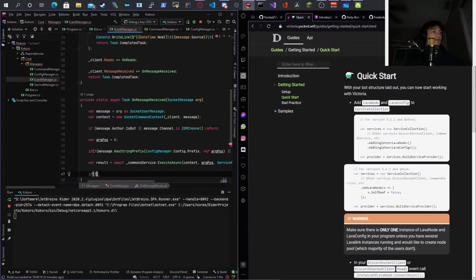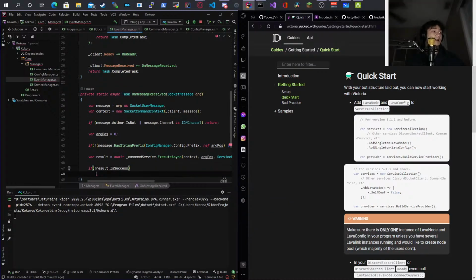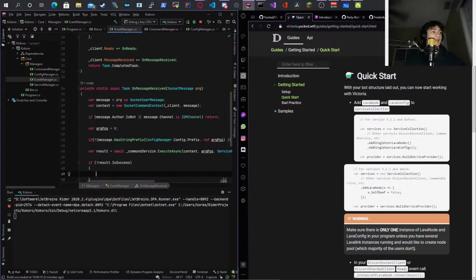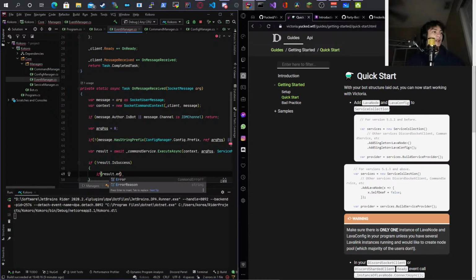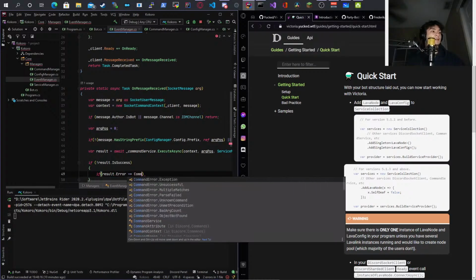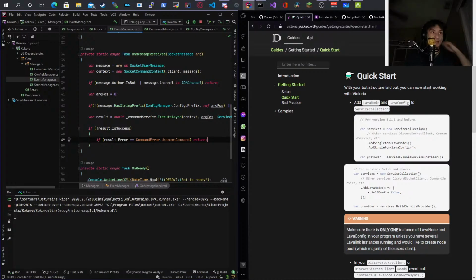So if result is not result.IsSuccess, then we're going to assume there's an error. Actually, I don't need a not there because I want to check to see if result.Error equals CommandError.UnknownCommand, then I'm just going to return. I don't need to do any more error handling here. That's the only one that I know is probably going to be present, because the other ones will be fine because I have the ignore extra arguments property.